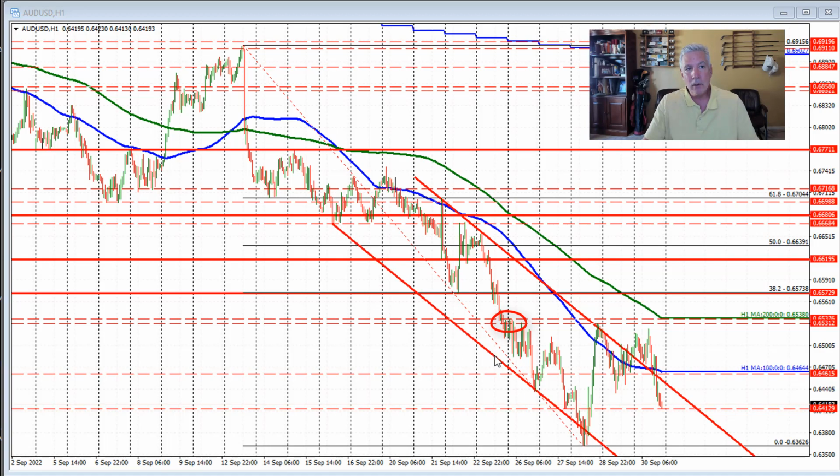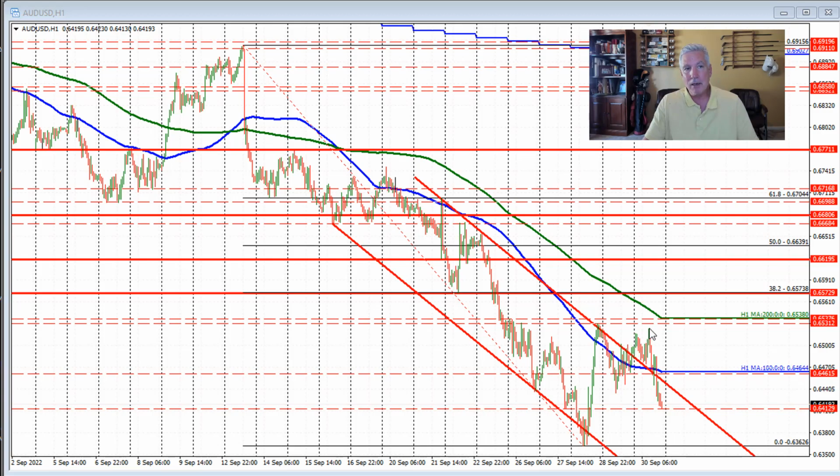On the downside, we were able to get below this lower channel trend line, I guess, and the momentum to the downside, though, failed at the 63.63 level, and we started to see the market rotate back to the upside on Wednesday's trade, getting above the 100-hour moving average in the process, but running into resistance against the topside channel trend line. That forced the market to the downside, and as you can see, we tried to stay below the topside trend line through here, but by the close on yesterday's trade, the price had moved above that level, and